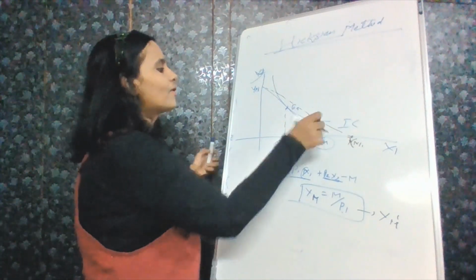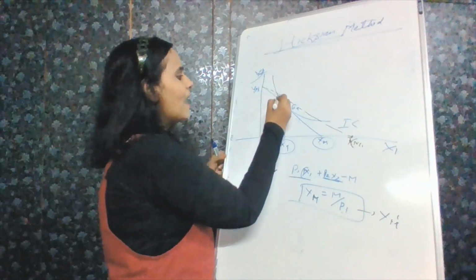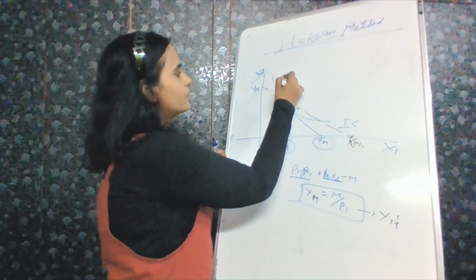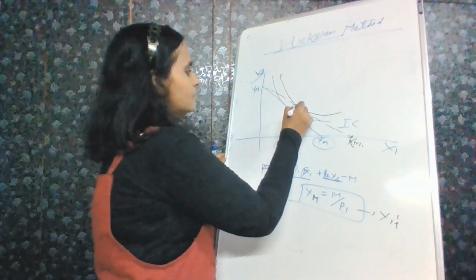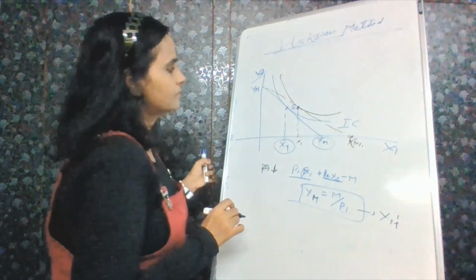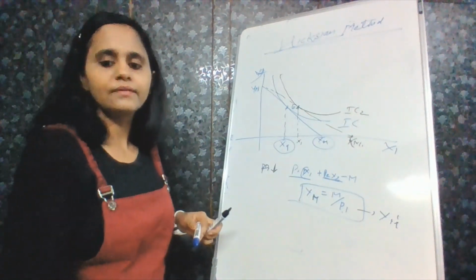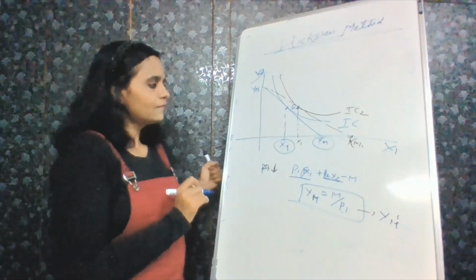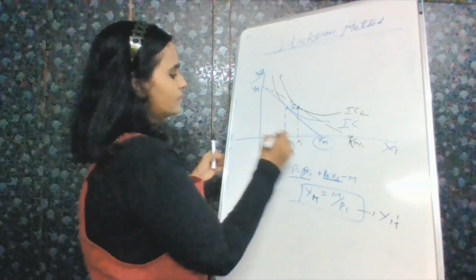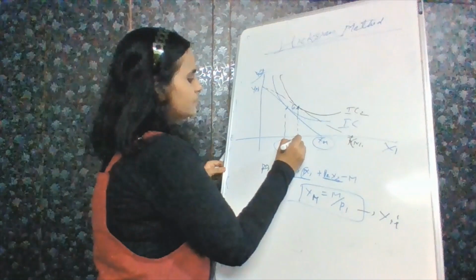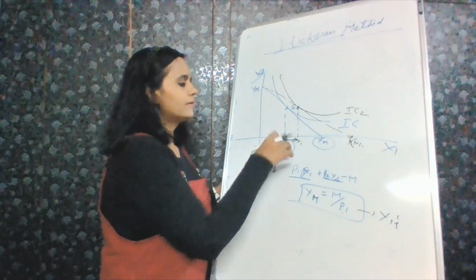Now you need to find a new IC curve. In order to do that, you need to draw a parallel to this which will be tangent to this. So the new IC curve will be something like this. Consider this is the X1 line, and this is the new IC curve, IC2. Now, what is your total price impact? Earlier it was XA, now it is X1. So that is your total price effect. XA to X1 is your price effect.